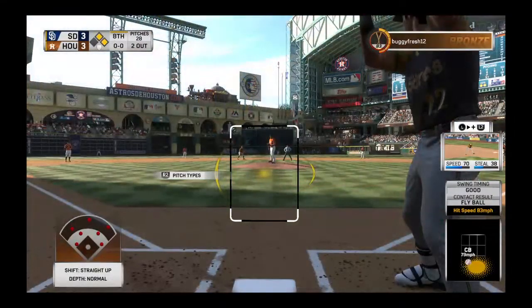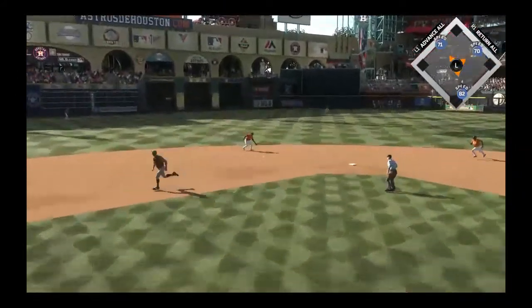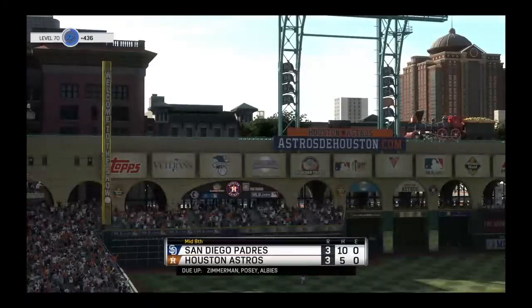In is Christian Yelich. Comes into this at-bat 0 for 1 in the ballgame. Yelich. From the stretch, here's the pitch. Smoked on the ground up the middle. And the 2-out threat will not come to pass as the inning